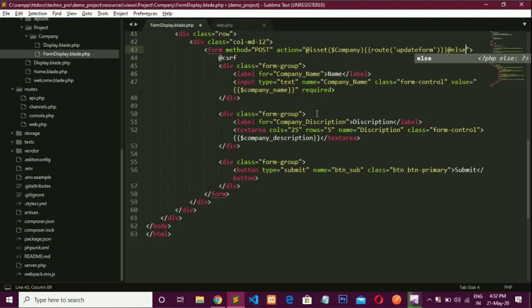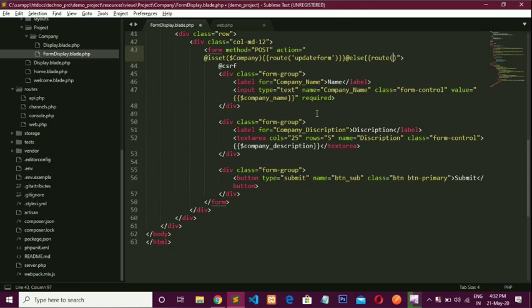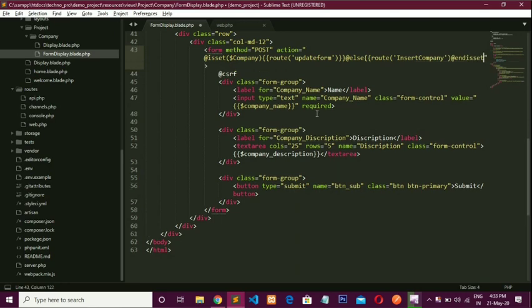So for that write route in brackets insert company. Okay, and close it.